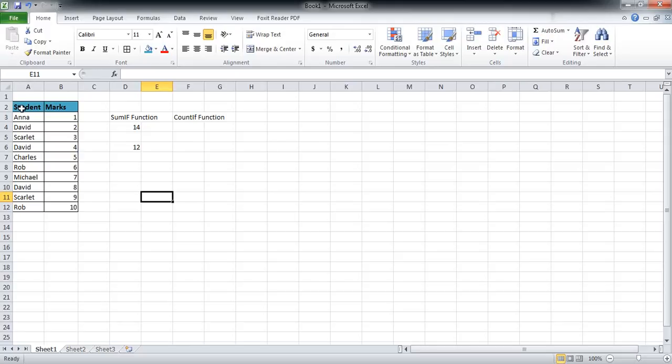So in our table which we used in the SumIf function, we have the student and the marks table involved. Say you just wanted to count how many times the word David appears in this. You can use the CountIf function. So let's go to the cell in which we want the result. Begin with the equal to sign, type in CountIf,